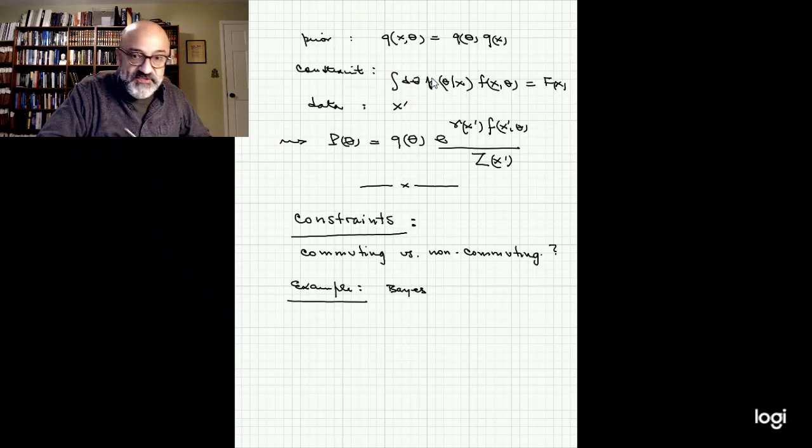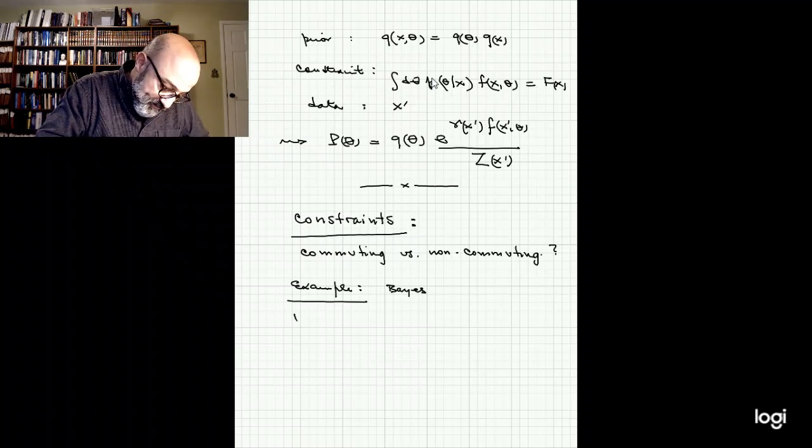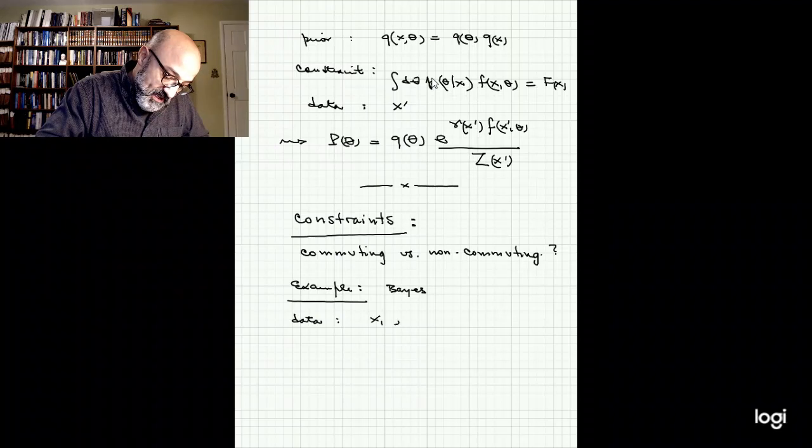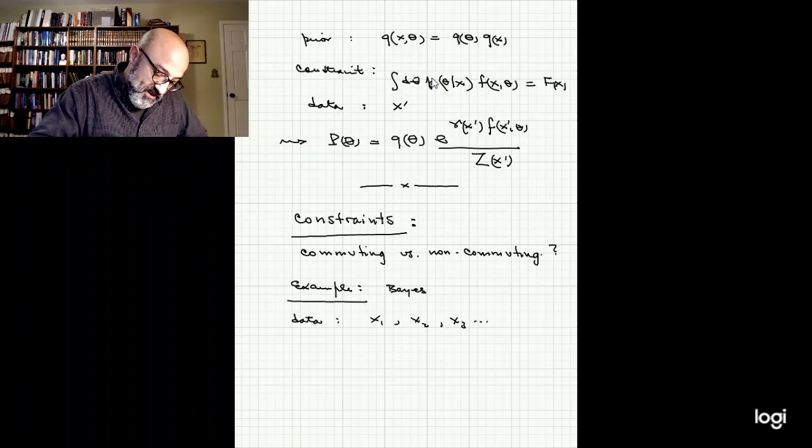The idea here is, suppose that you have an experiment that can be done many times, and the data comes in the form of x1, x2, x3, and so on. And so the likelihood